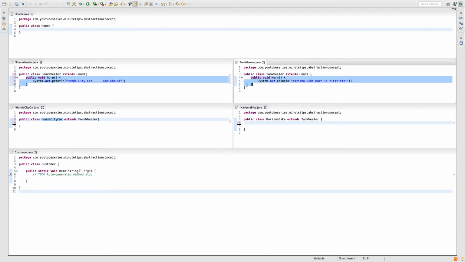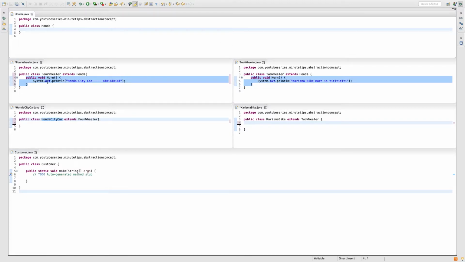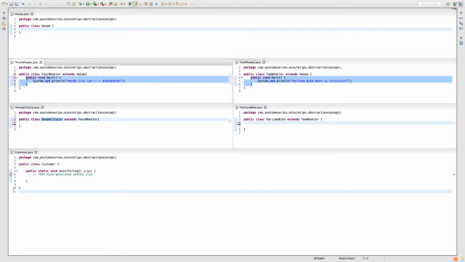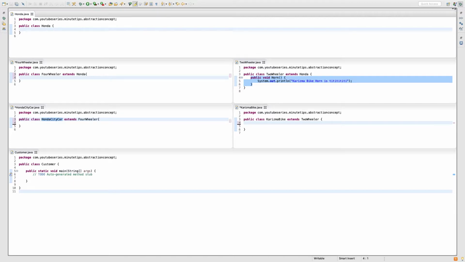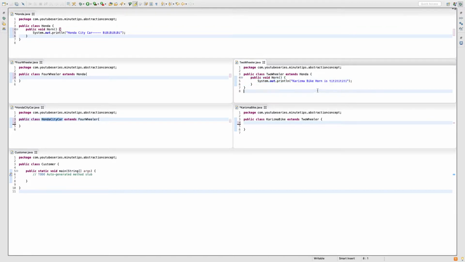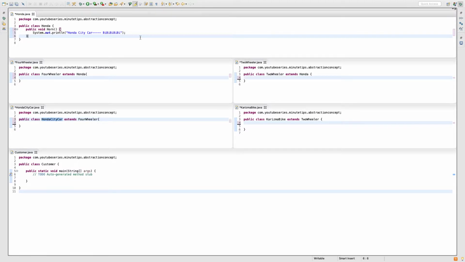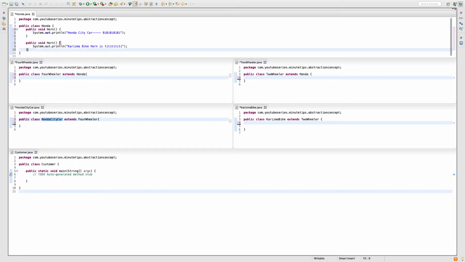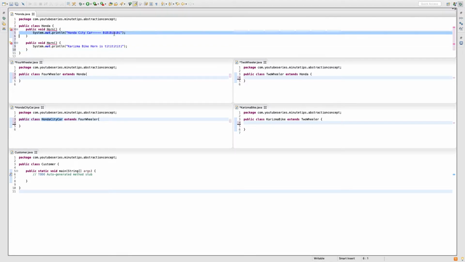What I can do, I can move this method one more level up, from my four-wheeler class to my Honda company class. Similarly, on my two-wheeler side, I can remove it and put it in my Honda class. But now see, same method name, but my Honda City car, I know that it's BBB.